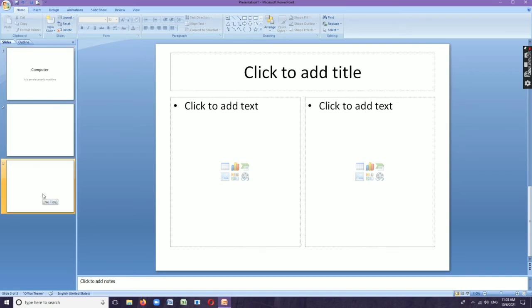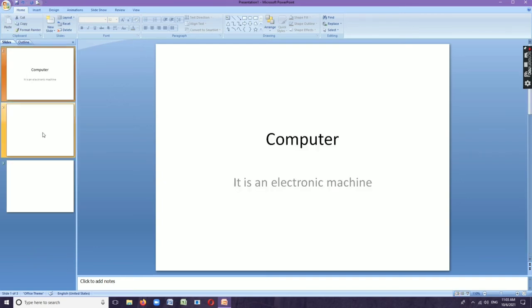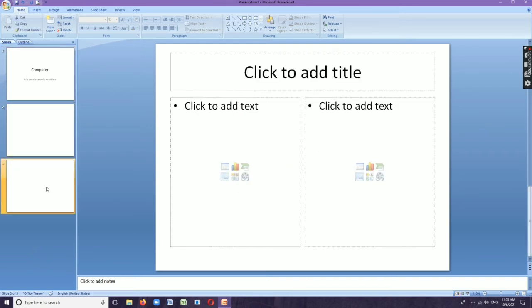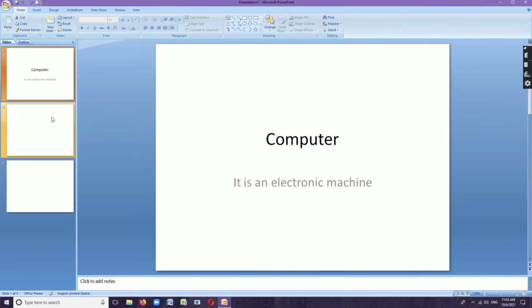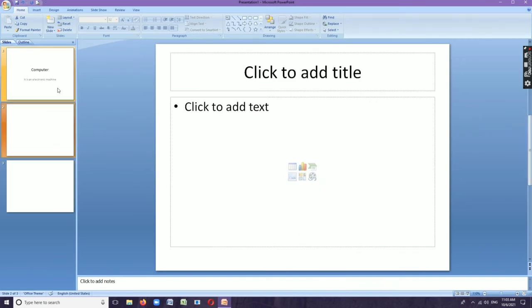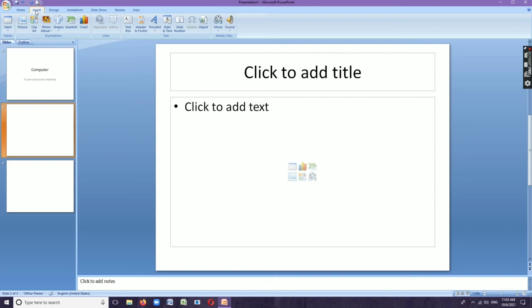Whenever we select or insert a new slide, the new slide is displayed both in the Slides tab and in the Slides pane. And we can use the keyboard shortcut Ctrl+M to add a new slide. Okay, now we have inserted 3 slides in the presentation. These 3 slides are displayed in a small view in the Slides tab. Whenever we click on a particular slide, we can see that slide in the Slide pane.